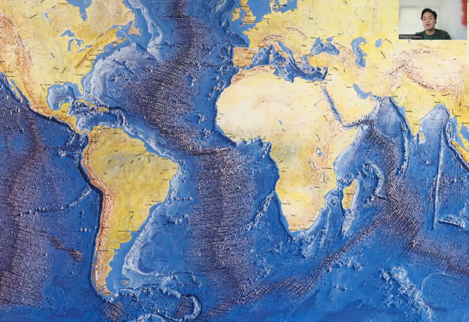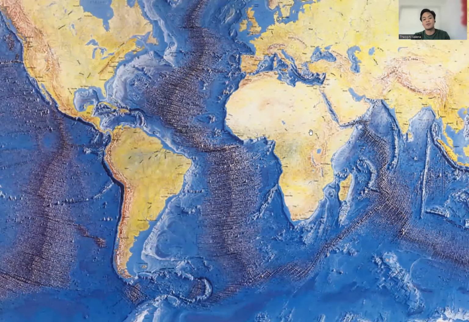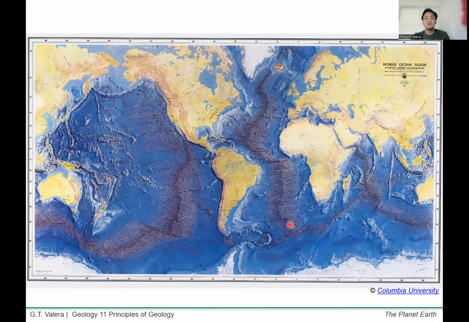So meron ka ditong napakalaking spreading or rift valley. Yan. So itong rift valley na to, if this continues to proceed, as we will see later on, it will turn into an ocean or a sea as well. Okay? In the oceans, yung rifting na yon that has progressed already, we refer to that as the oceanic ridges. Okay? So itong mid-oceanic ridges, for example, this ridge here, itong mountain belt na to, submarine mountain belt nga, imagine